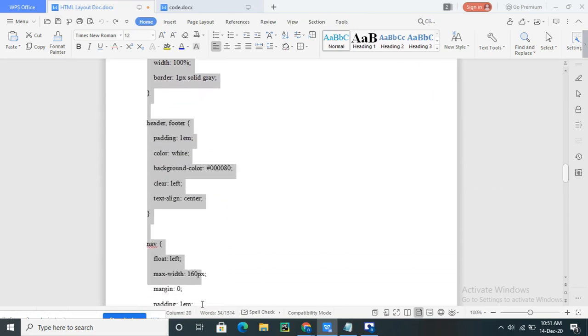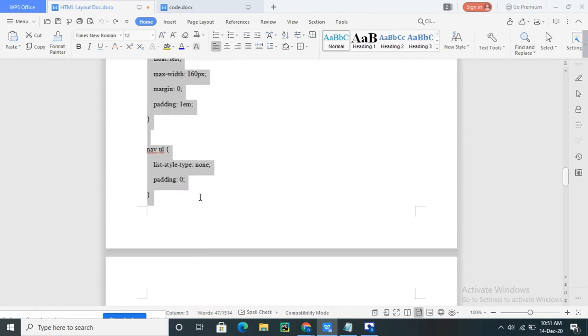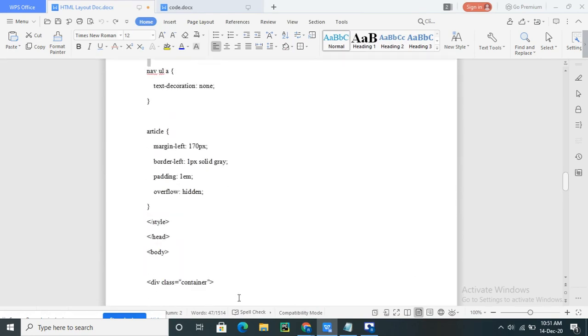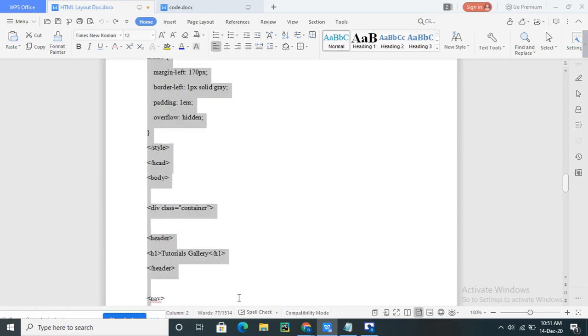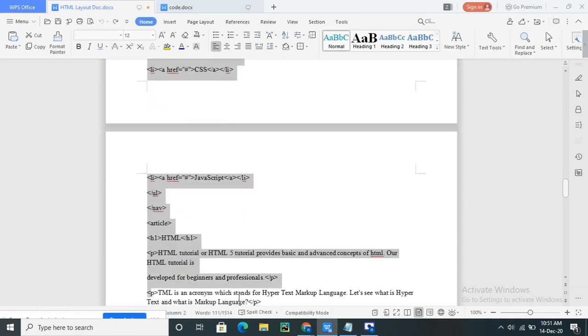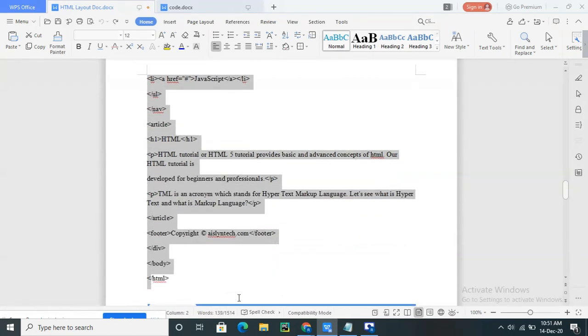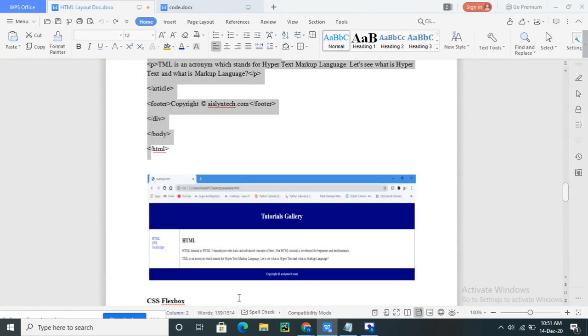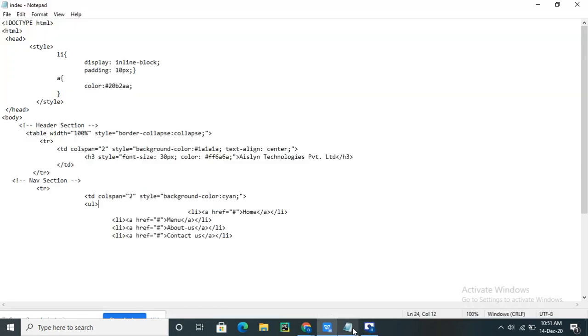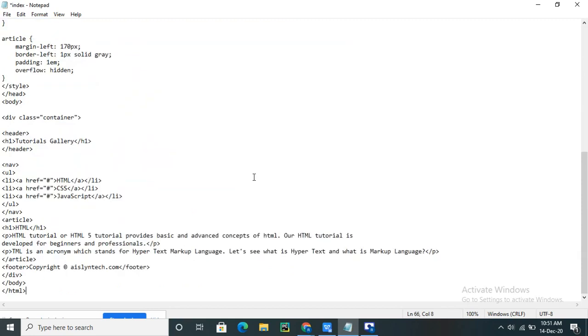This code is available in the document itself, and we even have a separate document for the code, so we can make use of that also. Now I'm making use of this one. I will paste and save.